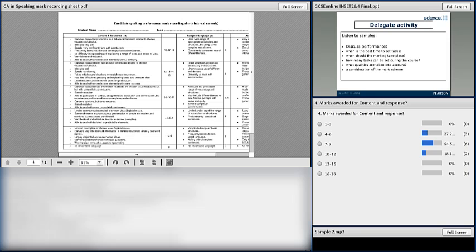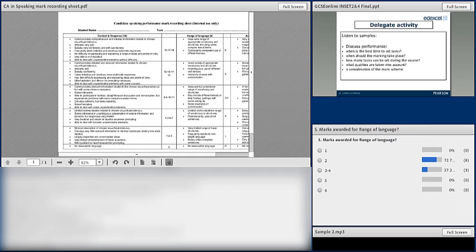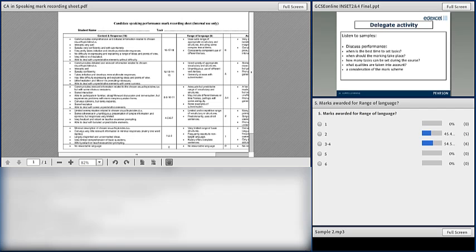Now, if we move to the language side, if we have the whole range of language, where we have 6 marks available. Again, we've got some variety here, with one of you going for 2, one of you going for 5, but the majority opting for 3 to 4, which is actually what the examiner went for.